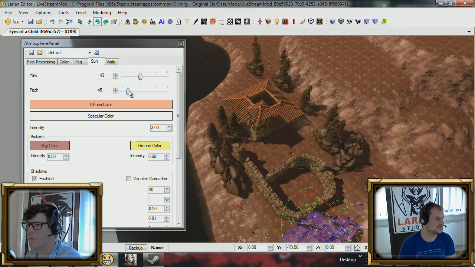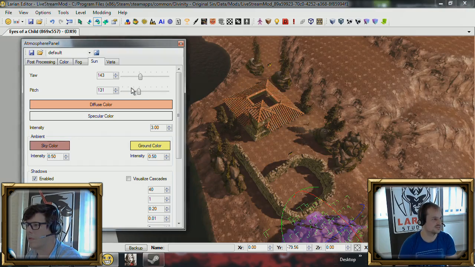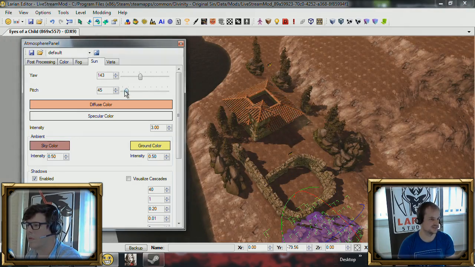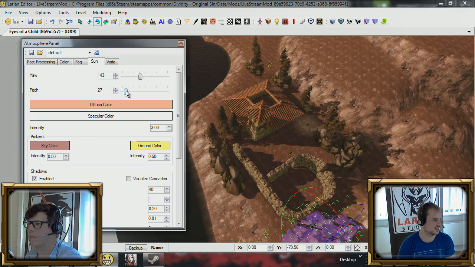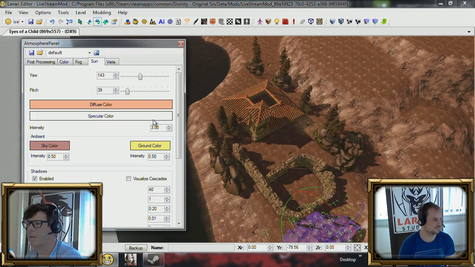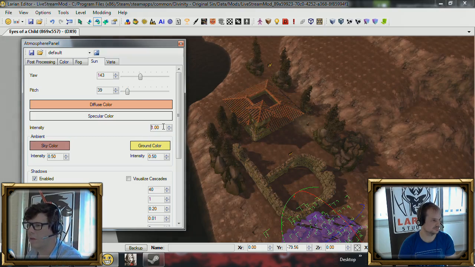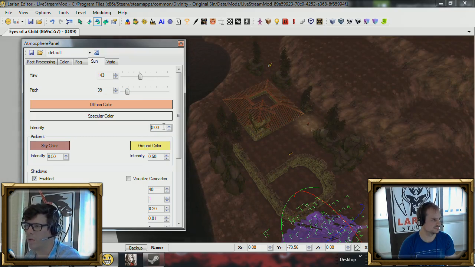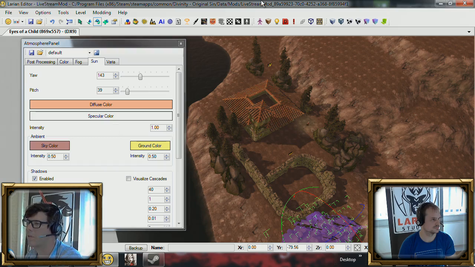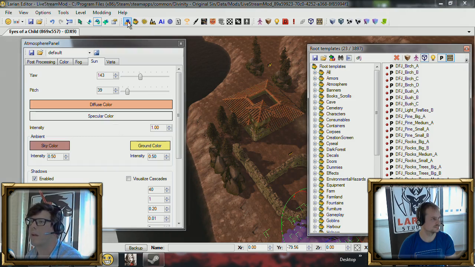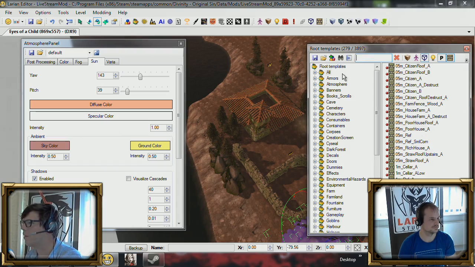So for instance, you can make a section of your level where it's always dark or night or whatever you want it to be. But let's say we want a bit of a night scene, and we just lower the sun. We can even put it to 0 if you want to go into a cave, let's say. It's a little bit of sun. And then we can start adding lights to the scene,